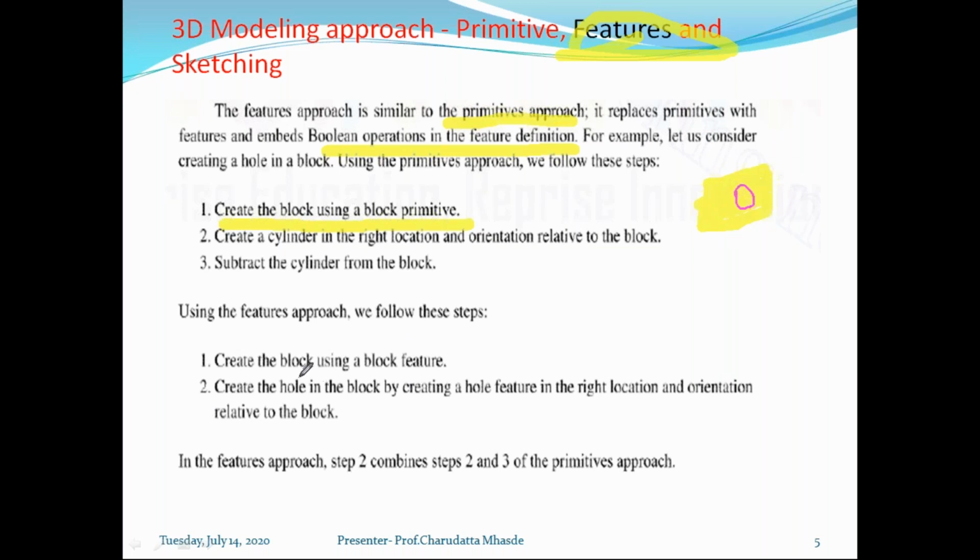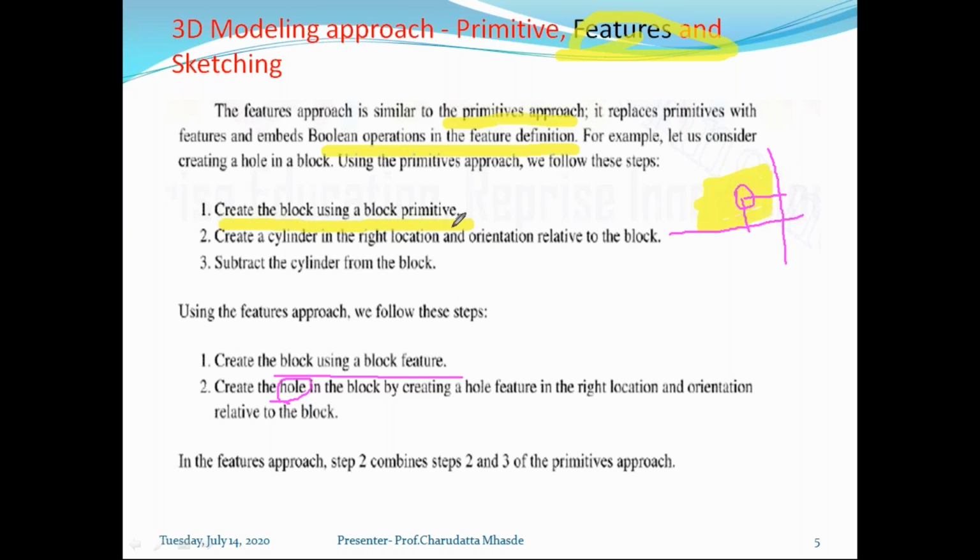Another is you can create a block using the block feature and use hole as a feature. Hole is again a similar thing, a circle. This will be assigned with some standard references. Suppose these are the two references we can create. We can give the center point, the x dimension and y dimension, and drag this hole as per our requirement. We can also drag the radius of this circle, and do extrusion forward or backward, so that the hole is directly created.